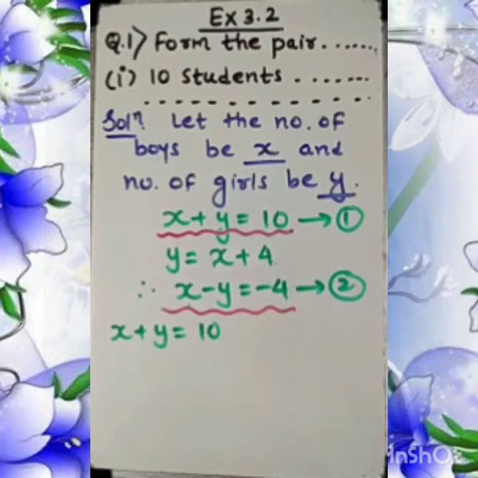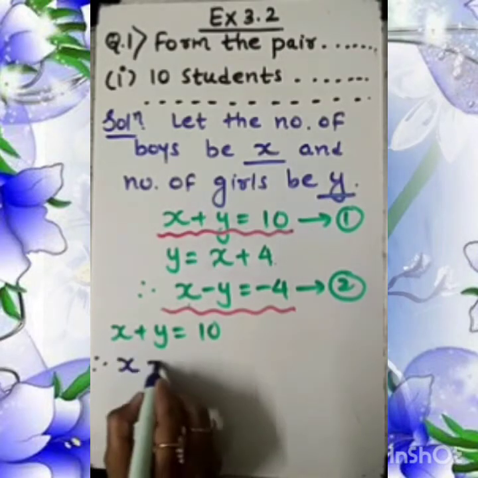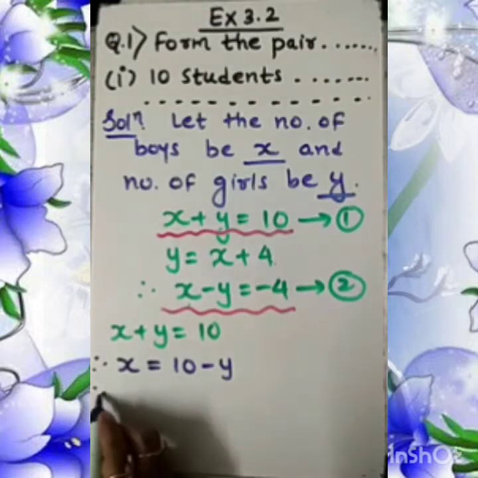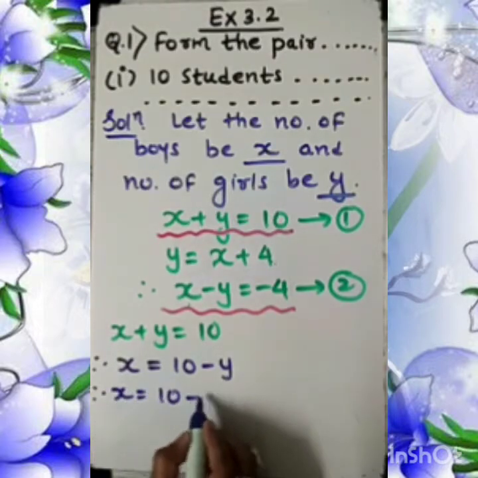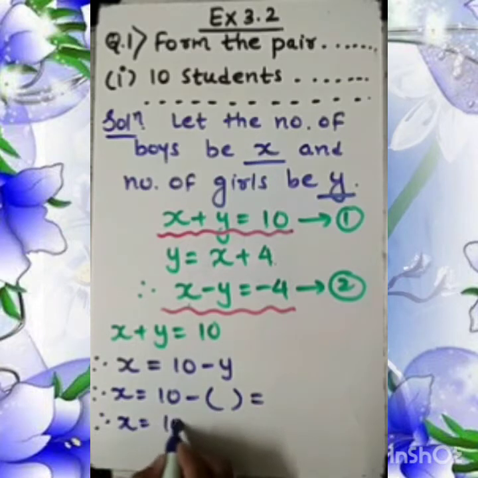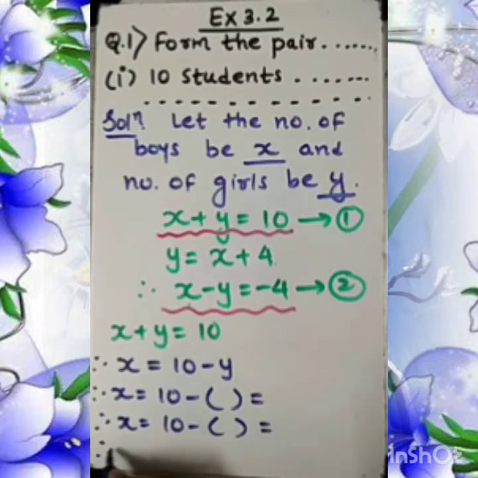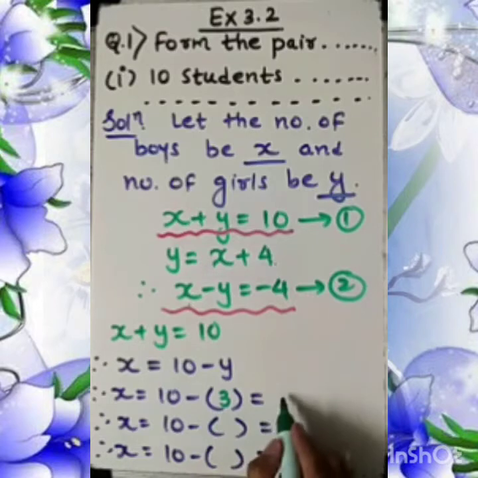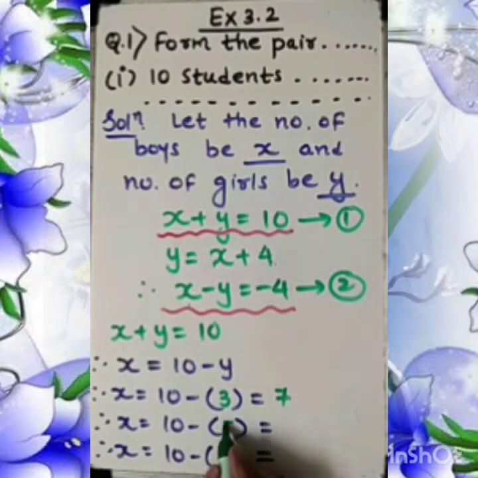Okay, which one do I want to make the subject? Suppose I am making x the subject, then I need to write 10 minus y. So for different values of y, we will get the value of x. Let me take different values of y here. Let's go with the first: suppose I am choosing 3, 10 minus 3 is 7. Suppose I am choosing 5, 10 minus 5 is 5. 10 minus 7 gives the result 3.